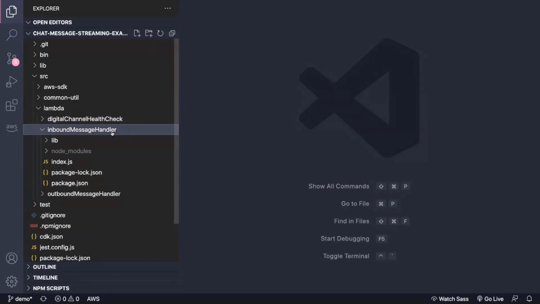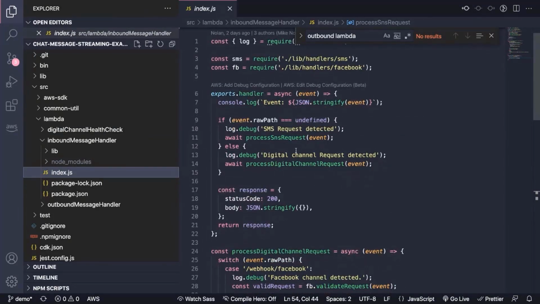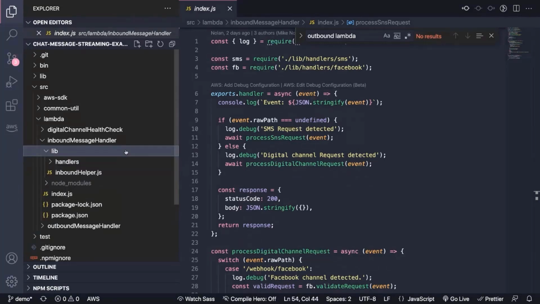message handlers. So if we expand this a little bit, all three of our Lambda functions actually follow the exact same pattern. In the root folder here, we'll have an index.js, and this is where the Lambda code starts getting executed. When we come into the handler here, we want to identify what channel this is meant for and allow a channel-specific handler to parse the payload from that respective channel and make the conversion from that channel's format for the API payload, or the SNS payload in the example of the SMS use case,